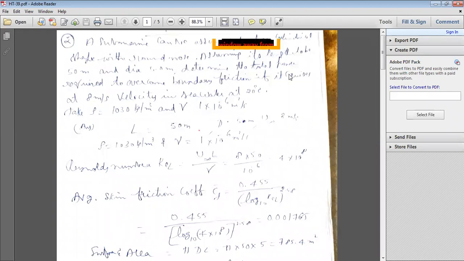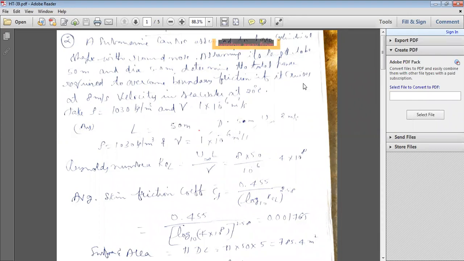Determine the total power required to overcome boundary friction. Whenever you move the submarine in water or in the sea, it has to overcome the friction developed by the boundary layer. That's why we need the total power required to overcome boundary friction,